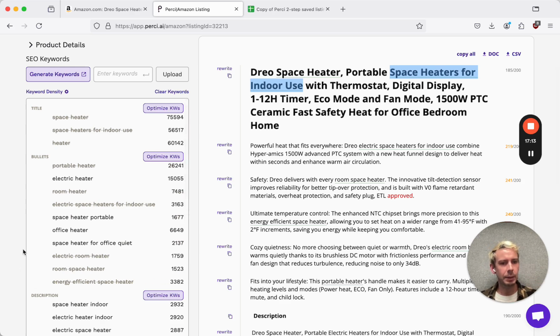A bit of explanation about how optimization works. Percy will put the keywords in the bullets or in the title in the place where it is most relevant and most sensible to put the keywords. If there is a keyword that is grammatically incorrect, Percy will try to turn it into a correct keyword. So something like space heater portable is probably going to turn into a broad match keyword. Space heater for office quiet is also one that we're never going to put in exactly, so it's not going to be an exact match. So you're probably not going to see every keyword get in. Sometimes you will. Something like electric heater probably would have been redundant for something like electric space heaters, for instance,